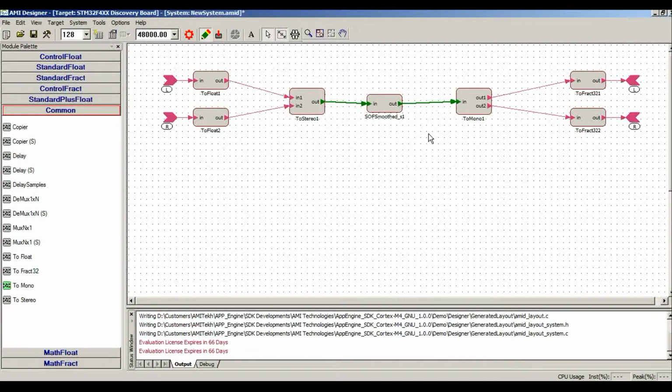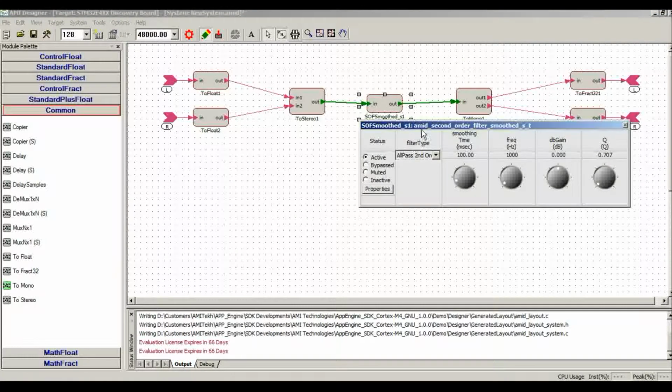So it will generate the API for all these modules. So what it does, it will encapsulate all these into a single API and then provide it to you. You can directly take that API and integrate it into the application. So like that we can create a number of designs and then import them into your application.